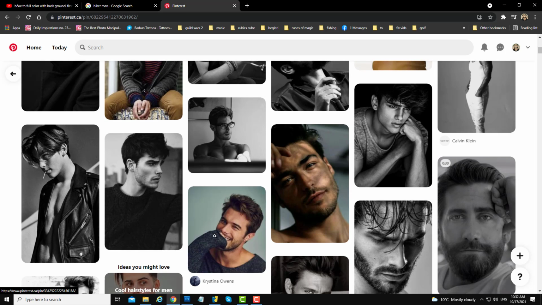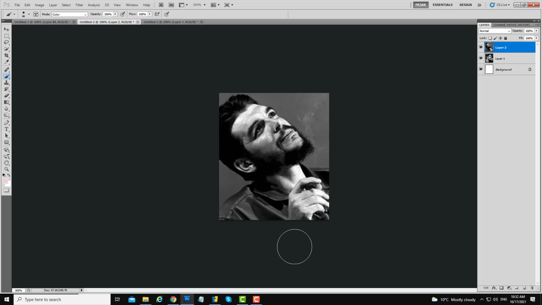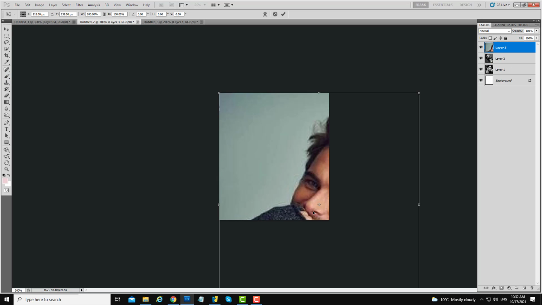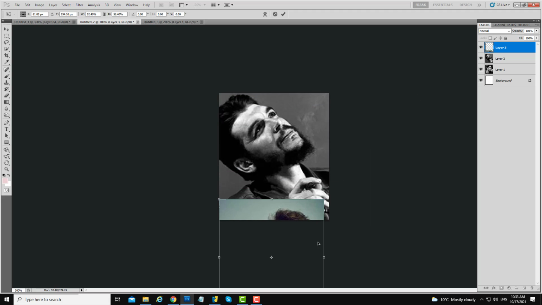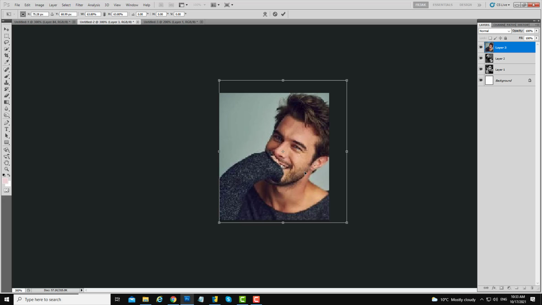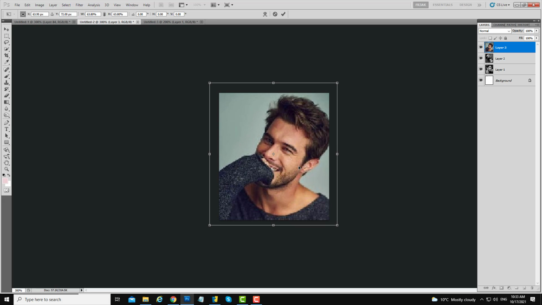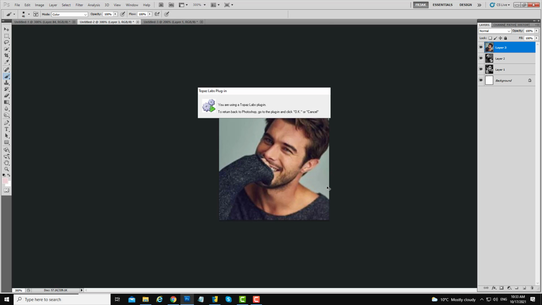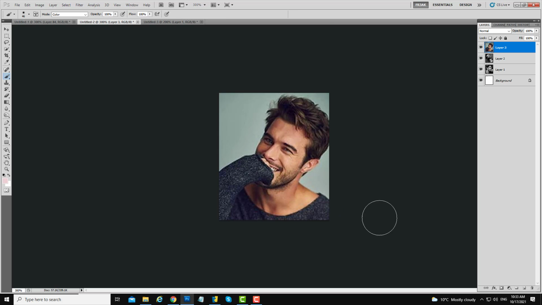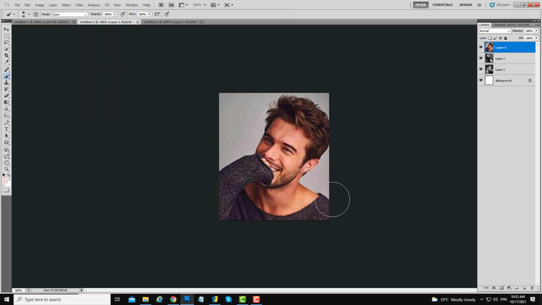Let's do a color one. See if I do this one maybe. Copy. Back to Photoshop. Control V. Control T. Shrink it down till however you like. Maybe something like that. Set it. Control F to apply the filter. Sharpen. Image, auto color. You can see how that did make a difference, but I kind of like the before